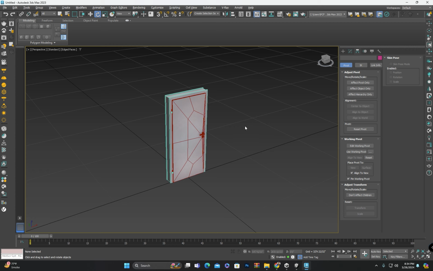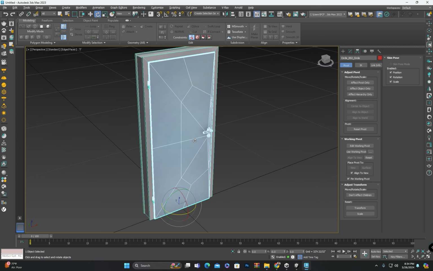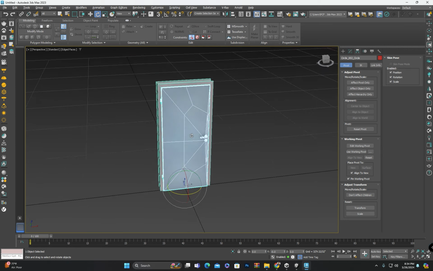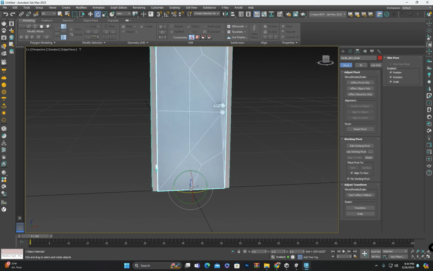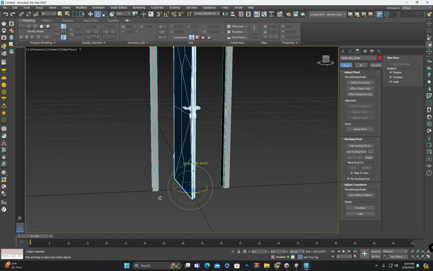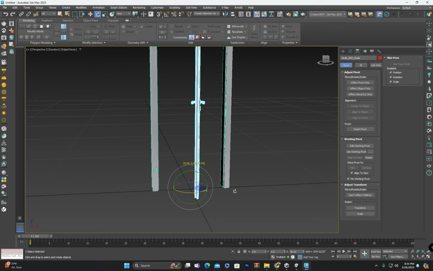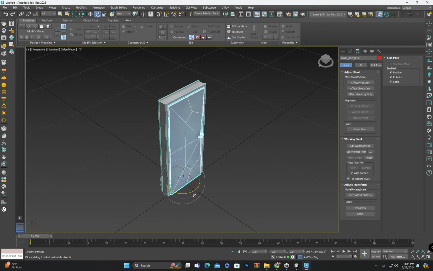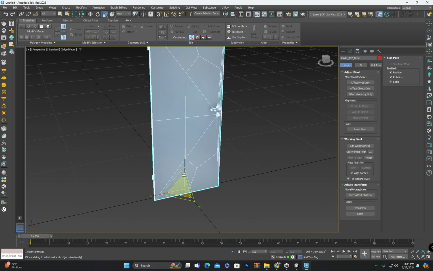Hello everyone. In today's class, we will see how to change the pivot point of any object in 3ds Max. As you can see on the screen, we have a door object. Its pivot point is currently at the bottom. When we rotate, scale or move any object, it rotates around its pivot point and its size starts to increase